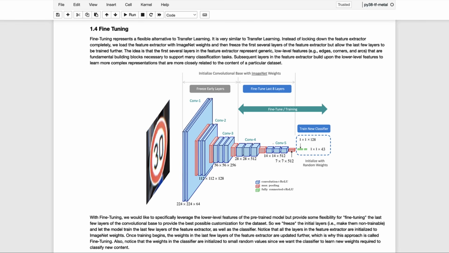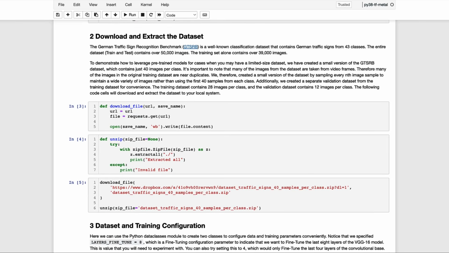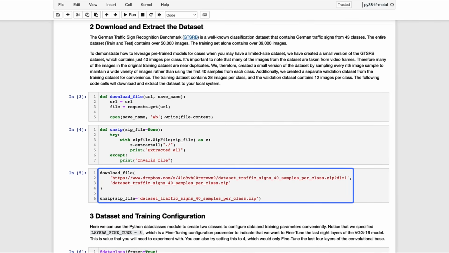We're also going to spend a little bit of time preparing the test data set, which is in a different format than the training and validation data sets, and therefore represents an excellent opportunity to explore a couple of different techniques that can be used to manage image data that's organized differently on the file system. So let's go ahead and get started,